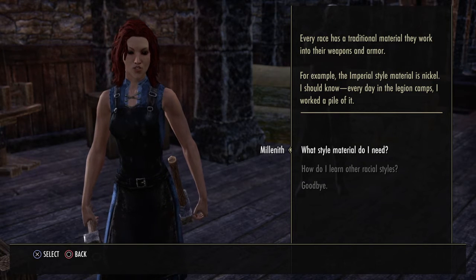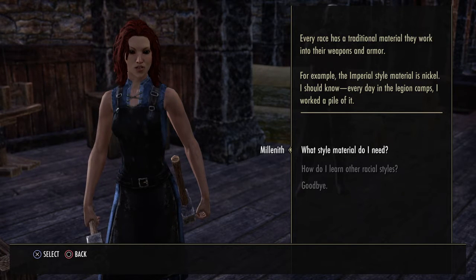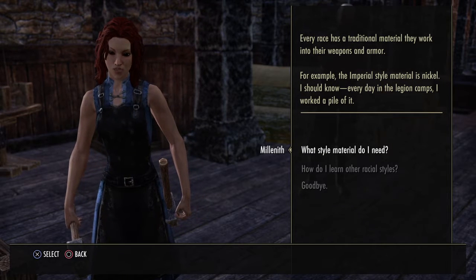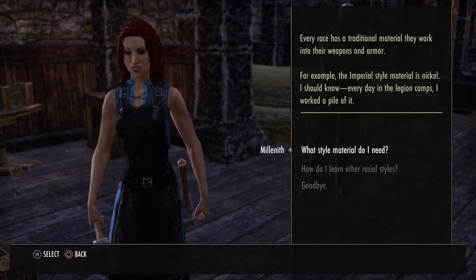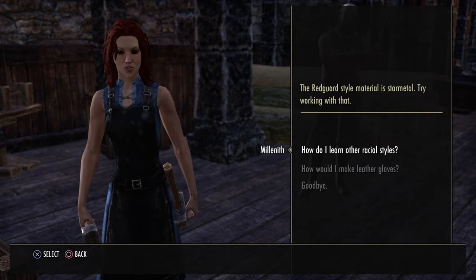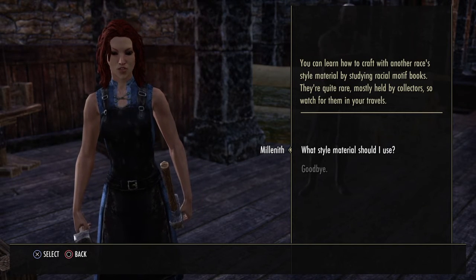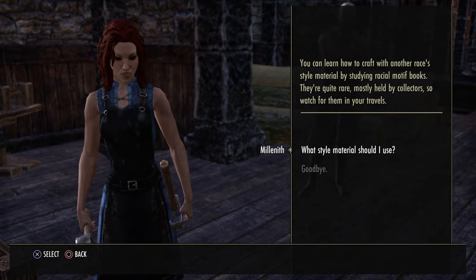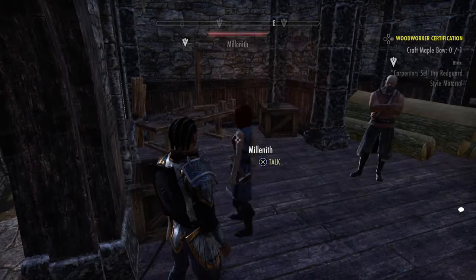Every race has a traditional material they work into their weapons and armor. For example, the Imperial style material is nickel. I should know. Every day in the Legion. The Red Guard style material is star metal. Try working with them. You can learn how to craft with another race's style material by studying racial motif books. They're quite rare, mostly held by...